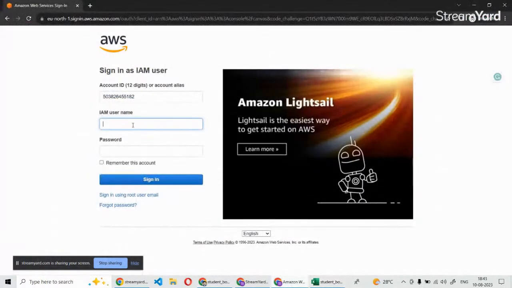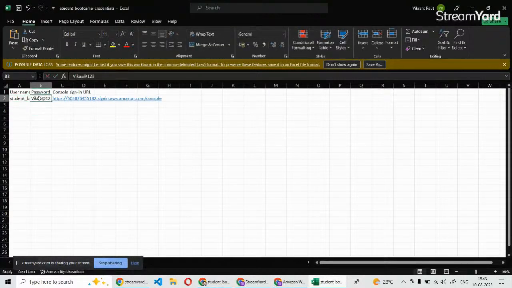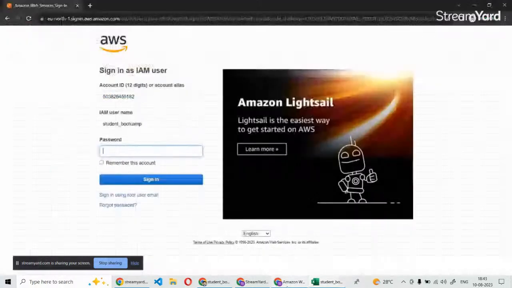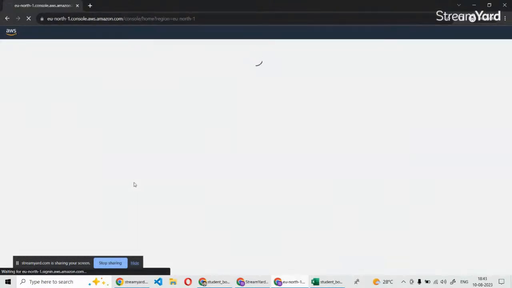So just simply copy it, paste it, and the password that you have added. Okay. So I will click on sign in, and yes, now I am logged in into the AWS account